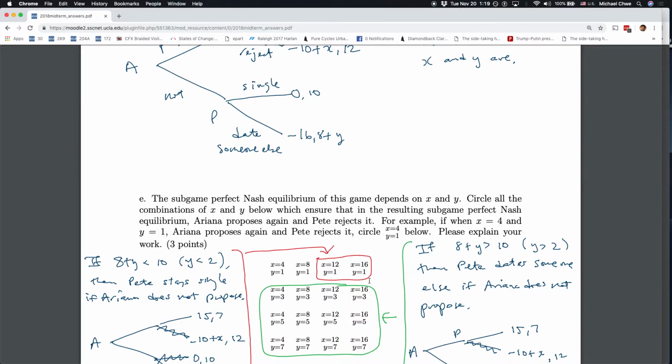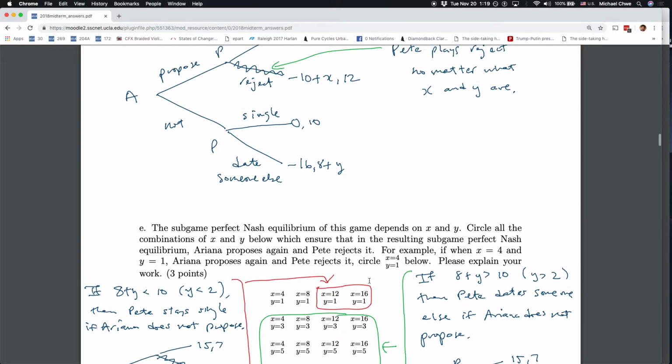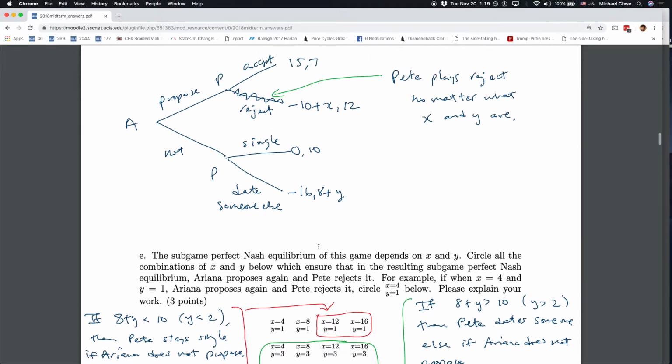Makes sense? What? Why? Because Pete doesn't want to stay single. No, if Y is 1, P wants to be single. Yeah, but Y is never going to be 1. Well, no, yes, it is. So it's one possible value for Y here. If Y is 1... No, but it's never going to be 1 because you want the subgame perfect Nash equilibrium